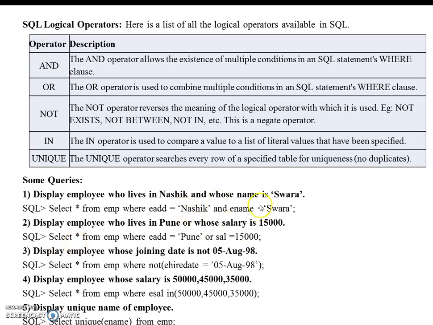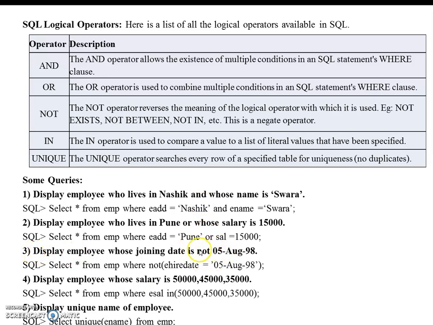So the query will be select star from EMP where EADD equal to 'Pune' or sal equal to 15000. Depending on which condition is available, the query's answer will get displayed. That is the biggest difference between AND and OR: AND matches both, OR matches one.